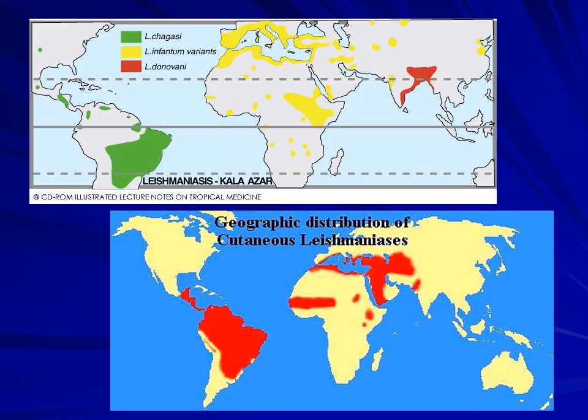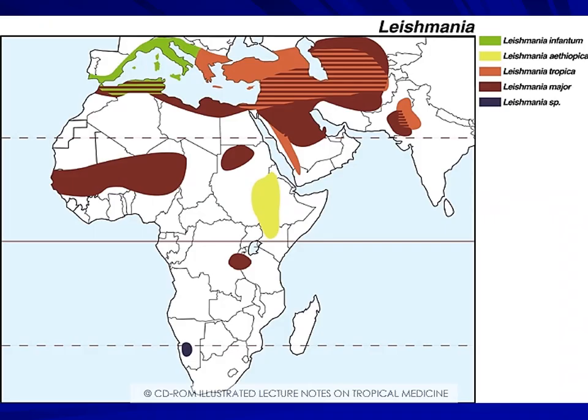Okay, here there is this slide. You can look at it on your own. It will show you different areas. Please notice that around the Mediterranean, we have Leishmania donovani infantum. Again, here you can see some of the distribution, but definitely in the areas in the Middle East there is a lot of overlap, like in this shaded area between Leishmania tropica and Leishmania major. So we cannot know exactly the species. You have to work on it academically, actually. It's not easy and not readily available in clinical labs.